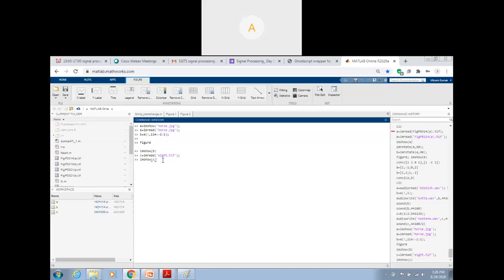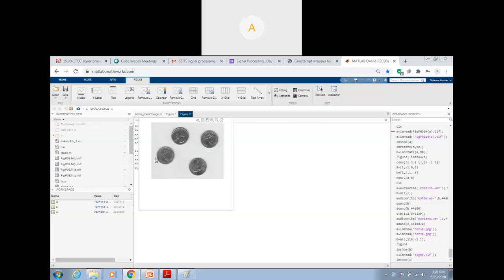Let me press enter. So it would have already come. You can see these coins now. This is how the coins are. Just remember how the configuration is. Now I am trying to do up and down, right? So what is going to happen? This part will come like this. Just remember this, or you take a screenshot so that you can compare.